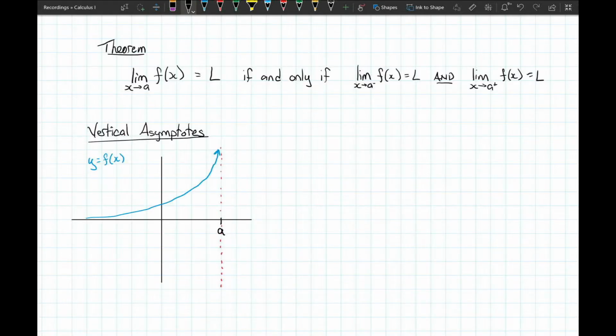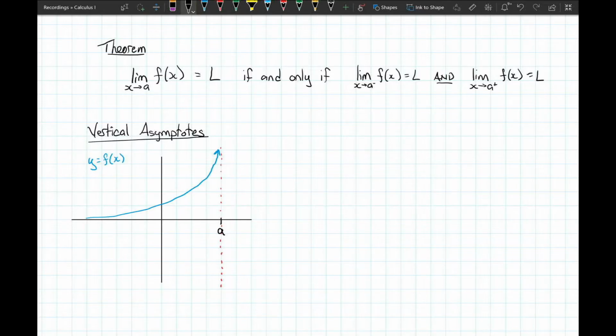Well, with vertical asymptotes, you may already be familiar with what they may look like on a graph. A vertical asymptote is when a function seems to jump off the graph and just skyrocket. It never seems to reach a ceiling, it just continues to go off infinitely. Now, that gives us a pretty good description about how we could maybe apply this concept of a